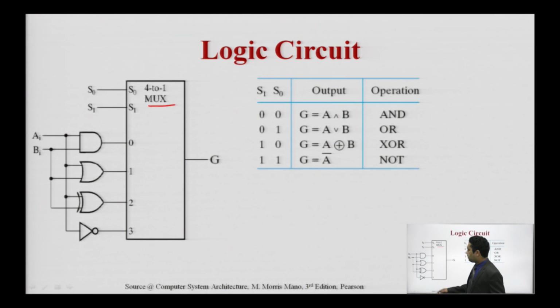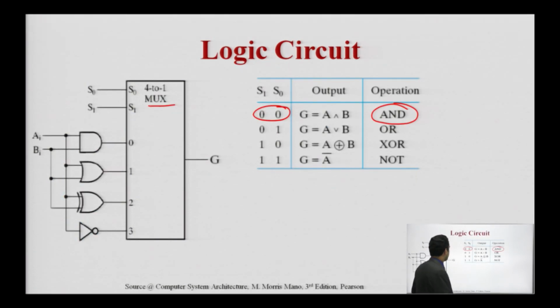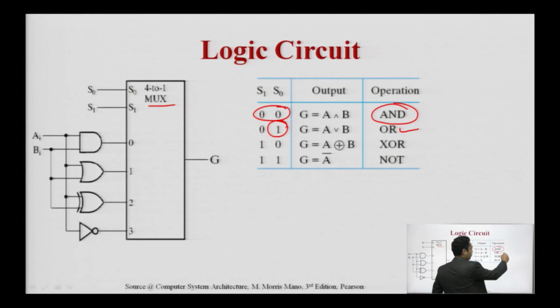As we are seeing here, the 4 inputs belong to a particular gate, and these are the logic gates we have. In this case, we have the 2 selection lines S0 and S1. If both these selection lines are 0, then the operation performed is AND; this is the symbol of the AND gate. So, this is my first operation when my selection lines are 0 0. When we change the selection lines to the combination 0 1, the operation performed is with the help of the OR gate.